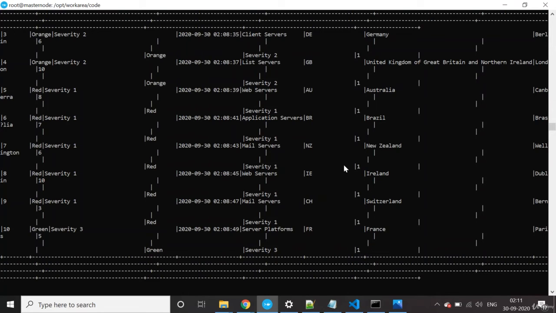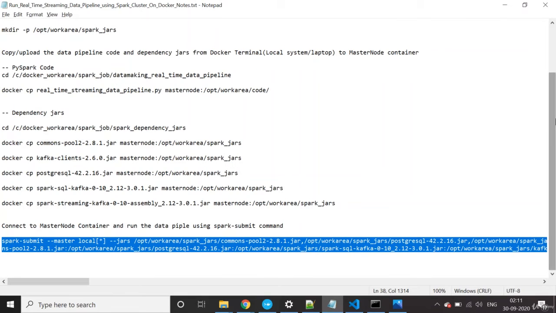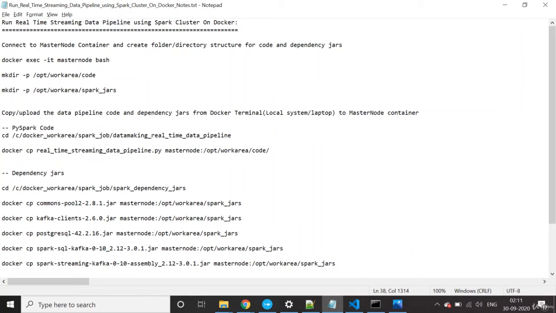Let me recap what we did. We logged on to the master node and created this folder structure to upload the code and the dependency jars.